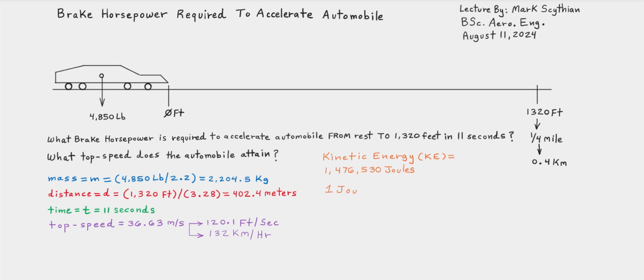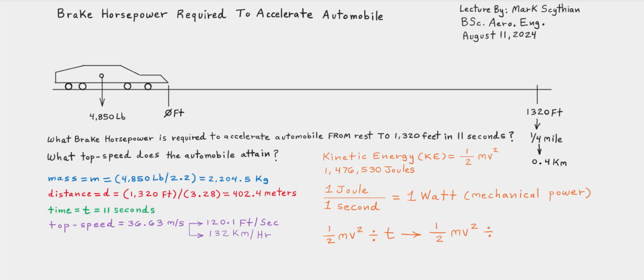So we know that 1 joule per 1 second is equal to 1 watt of mechanical power. So if we were to take the kinetic energy, 1/2 mass times velocity squared, and divide it into time, it would also be equal to 1/2 mass times velocity squared